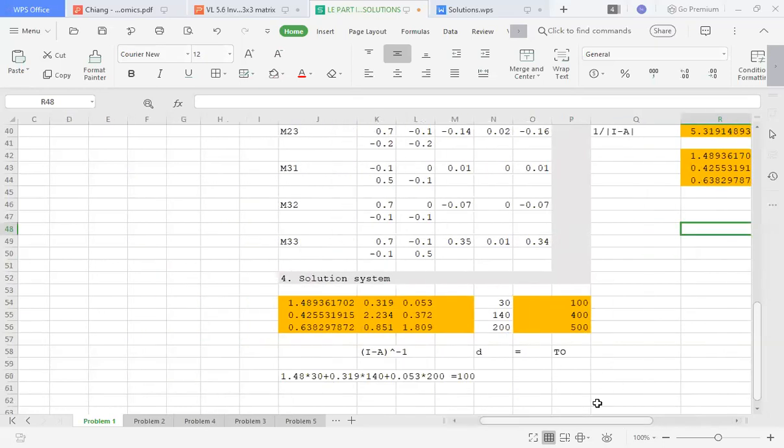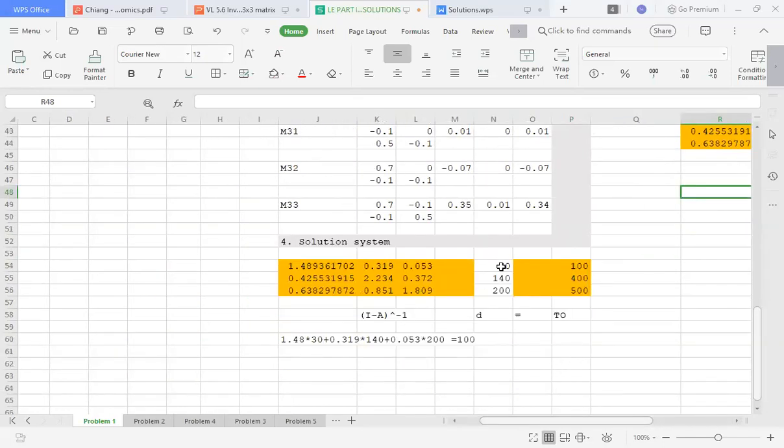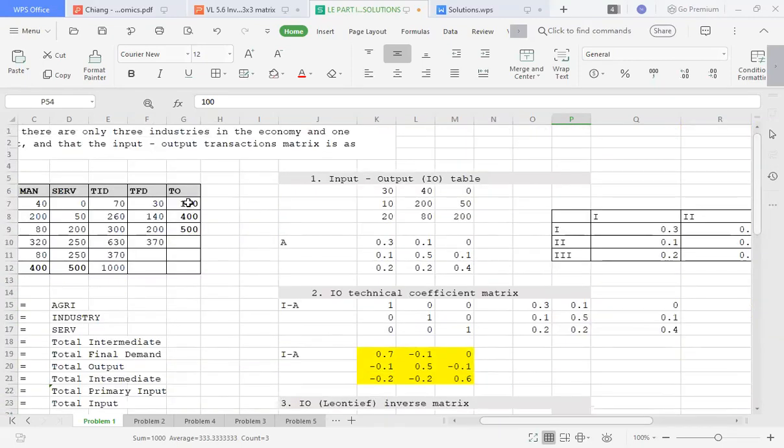Okay, so let's go back to the solution system. Again, this is our Leontief inverse. This is our total final demand. Take note, class, that this seems to be a bit familiar. This is our total output. So along the way, as we are solving for that production level, we already have an answer. Before you even solve it, we already know that the production level is equal to 100, 200, 400, and 500. Because again, your input should be equal to